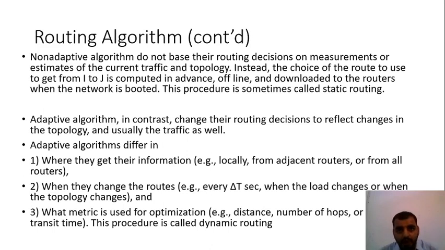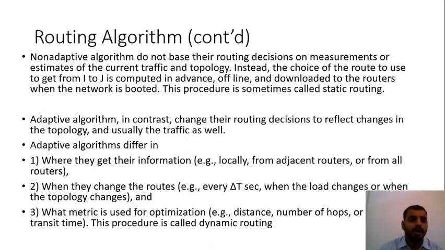In the sense, if I say a metro train or any other train, it is not possible for it to move on the road, because it has its own route, its own path. So that is the only path that is taken, and that is the only path that is mentioned. So it will move only on that path. This procedure is sometimes called static routing. So this is what you call the static type of routing.